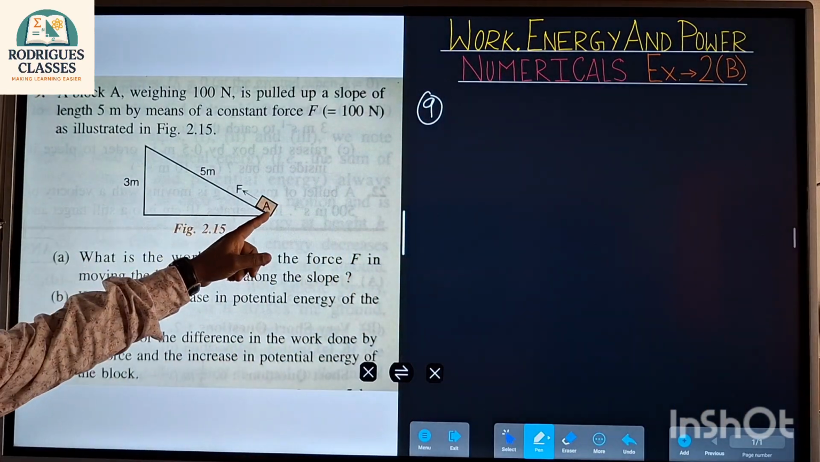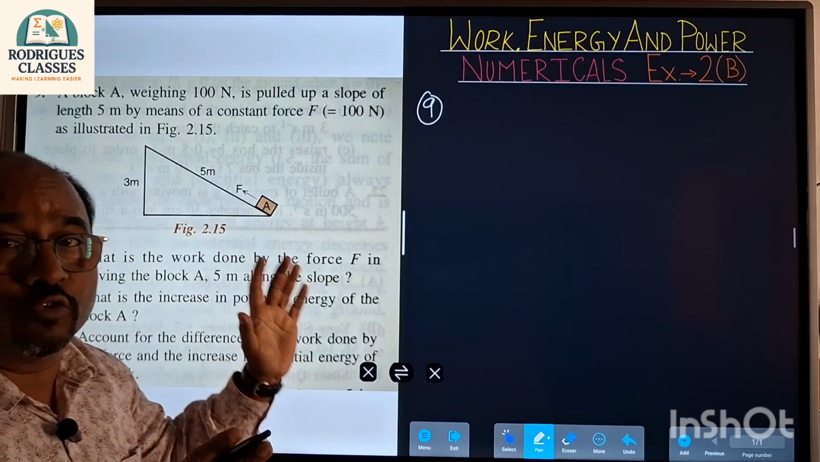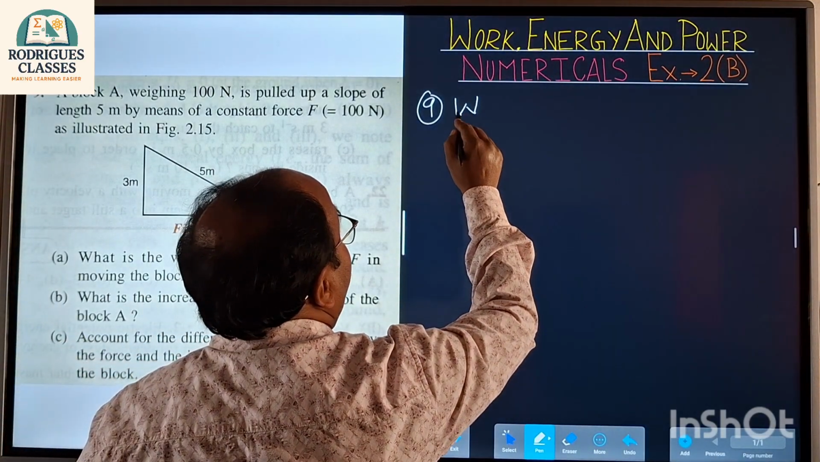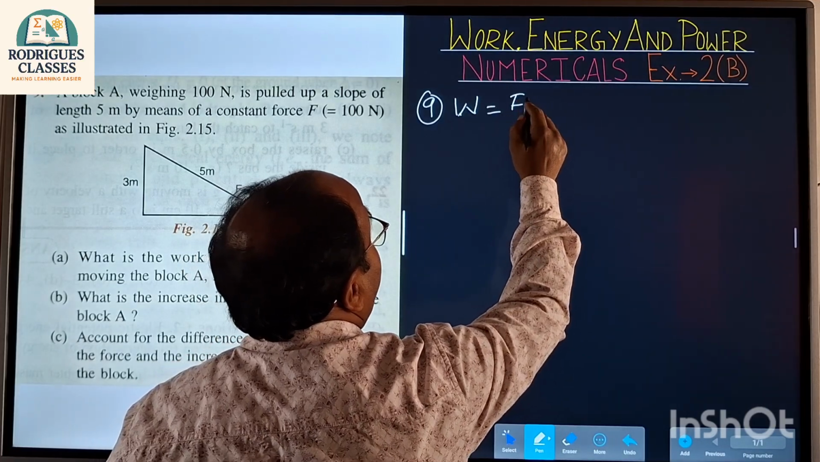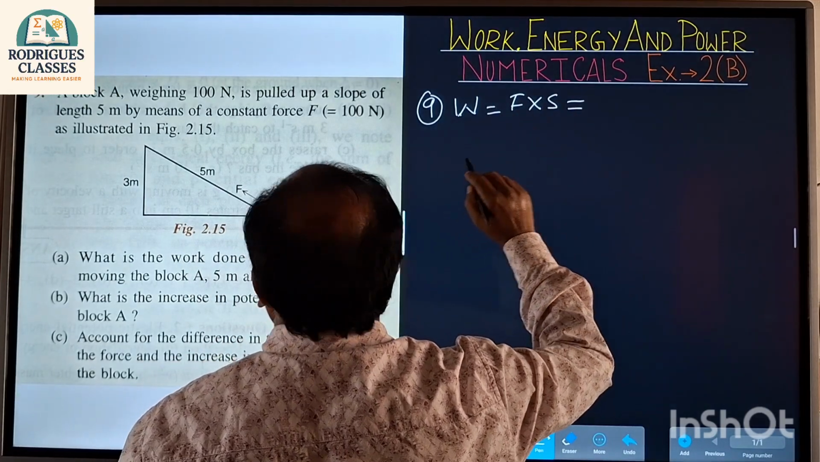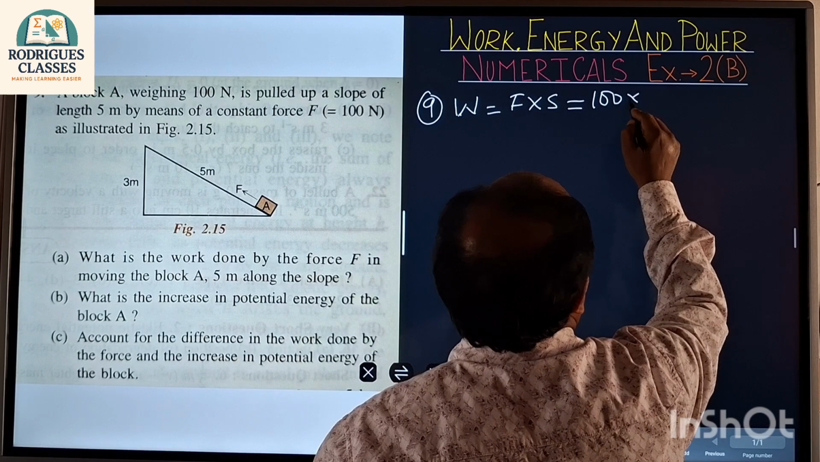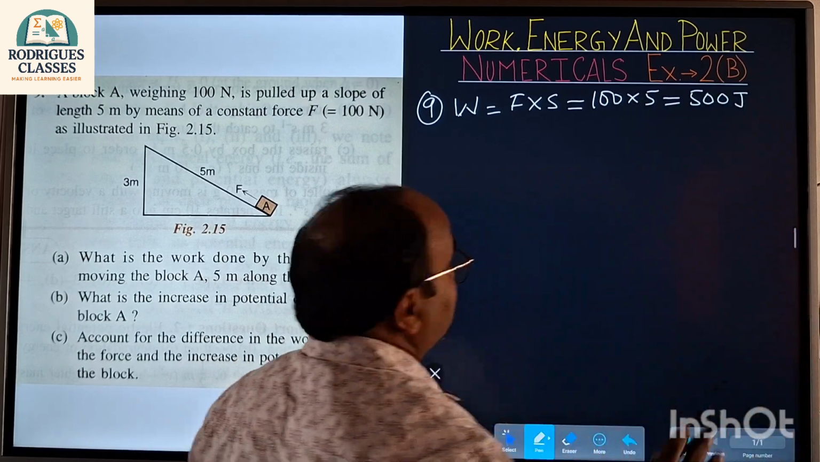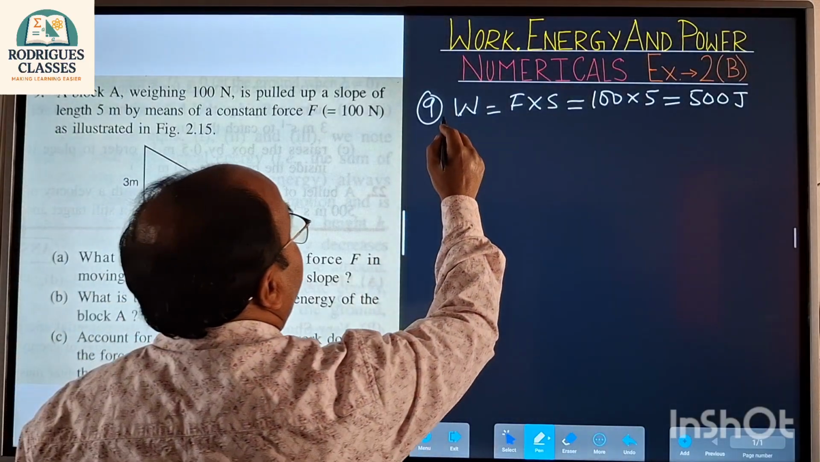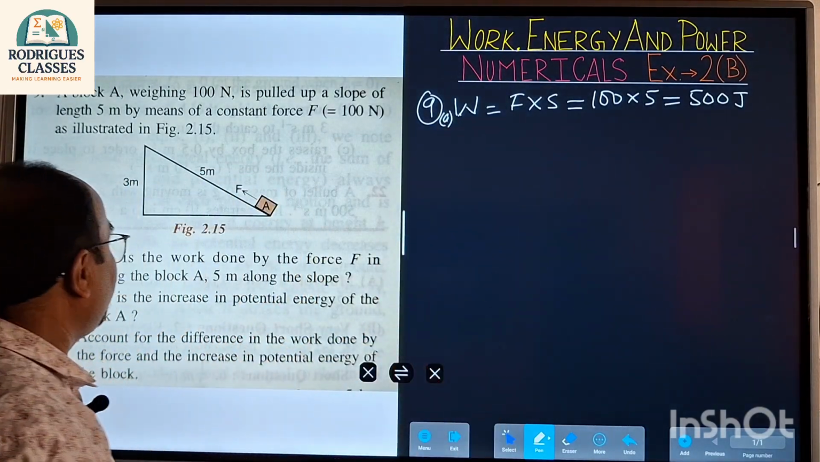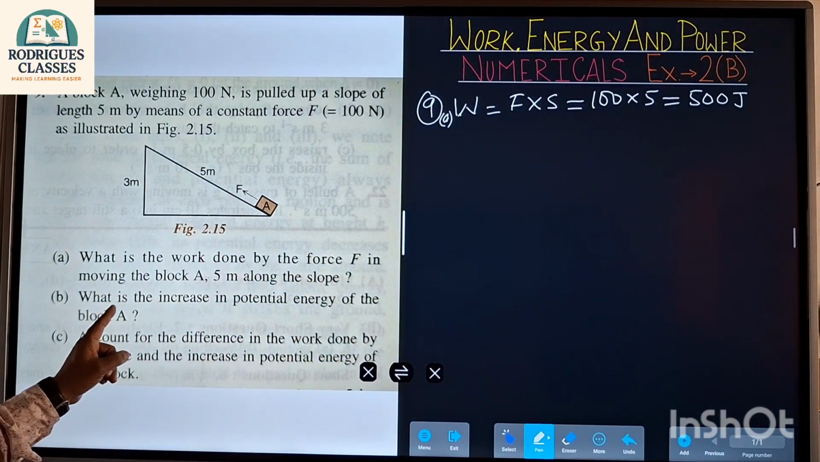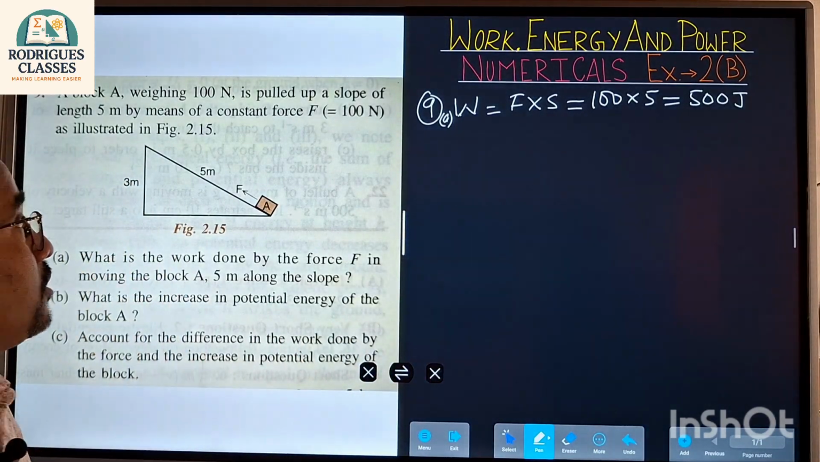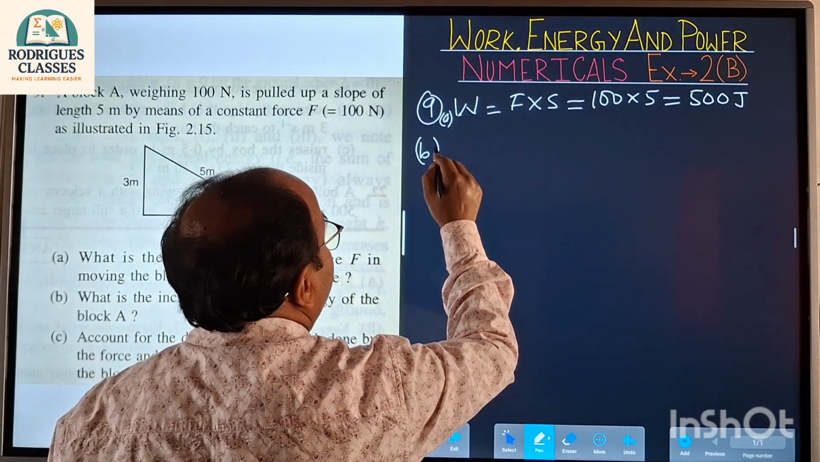So first of all, it is going along this inclined plane. So the force is there and the displacement is there. So work done, we will apply what we had learned in the first part, F into S. So that is 100 into 5. So we get it as 500 joule as the work done in this A part. Okay. Now in the second part, it is told what is the increase in the potential energy of block A. So B part,